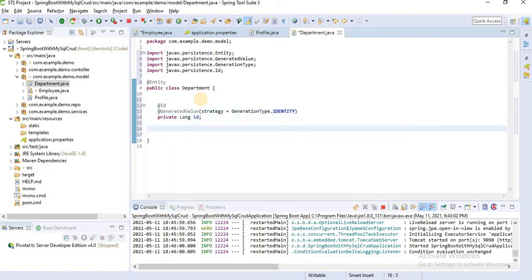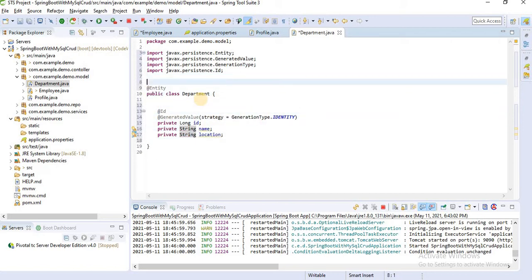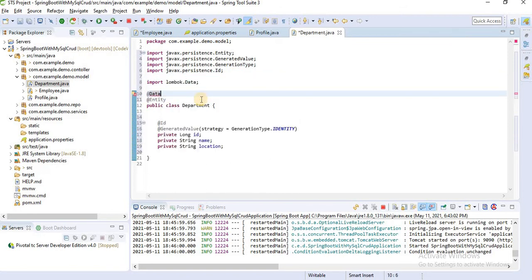The next one is the department name, private String name. The next one is the department location, private String location. We have added two fields, and I am adding @Data here simply, because of Lombok. Let's save this.